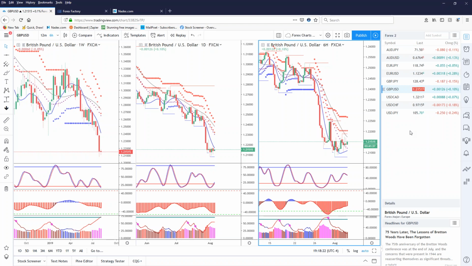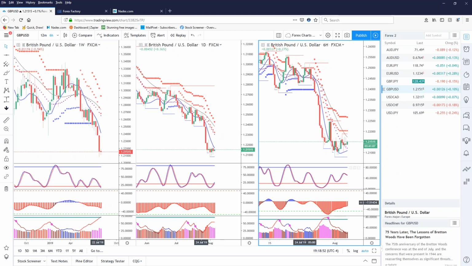Now let's go and look at the British pound dollar. As everybody knows, we have the Brexit that's festering on the British pound. You can say that we're overextended, and we're overextended here. This would make me think that we're going to get a retracement. When I look over here, I would prefer to see divergence. We're not seeing any divergence. We are overextended. Yes, it could potentially pull back to the ATR.